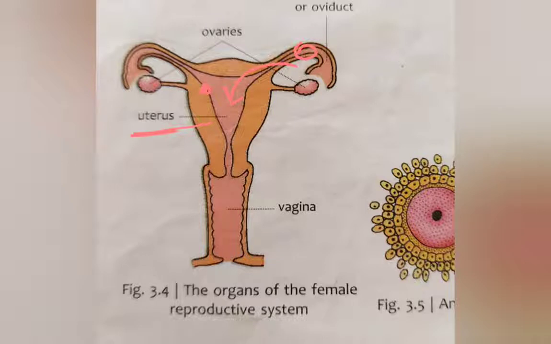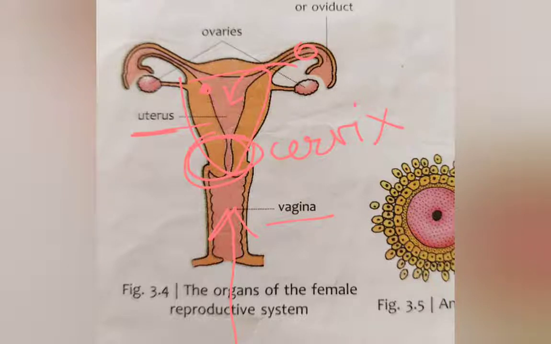The lower part of the uterus is known as the cervix. So this part of the uterus is known as the cervix. The cervix is narrow and opens to the outside through a muscular tube known as the vagina. So this is the whole of the uterus, and the narrow lower part of the uterus is known as the cervix. And this cervix opens into the vagina. The vagina receives the sperm. As I said previously also, the sperms from the male reproductive system are deposited within the vagina of the female reproductive system. This vagina also serves as the birth canal through which the mature baby is delivered.